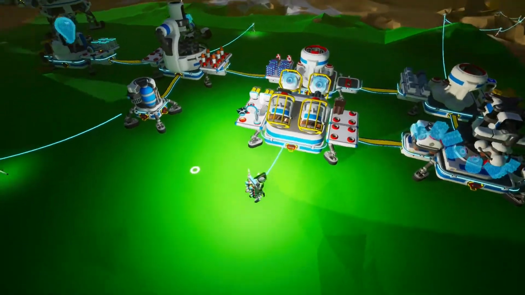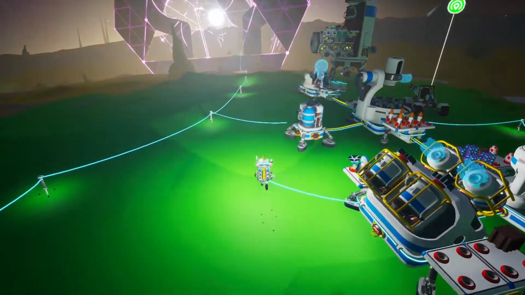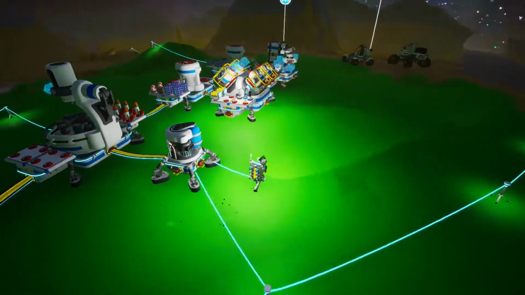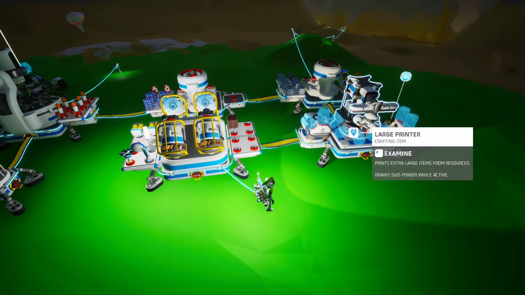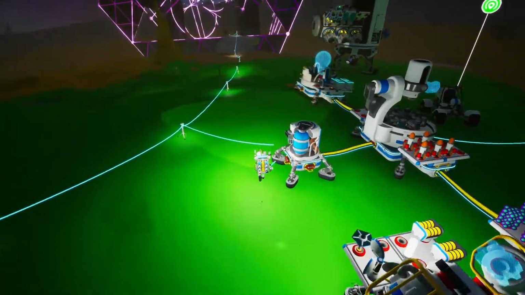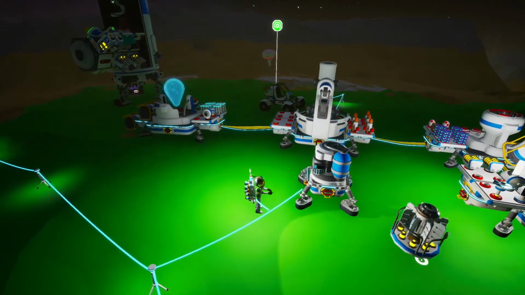So, what do we have to do? Well, I want, at a minimum, a shelter. And for a shelter, I need a large printer. We do have the large printer over here. Now, the large printer does take 5U while running. So that also means I need to get some RTGs planted. So what I can do